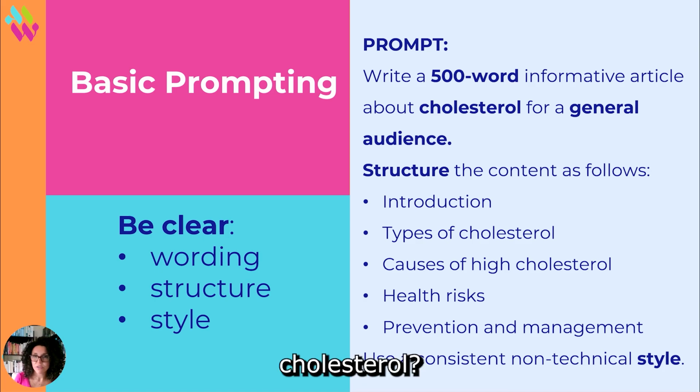What types of cholesterol we're going to be talking about? LDL, HDL. What are the causes of high cholesterol? So here we're going to discuss dietary and lifestyle factors. To use a consistent, clear, and concise style, avoiding medical jargon, we're going to include analogies and incorporate recent scientific